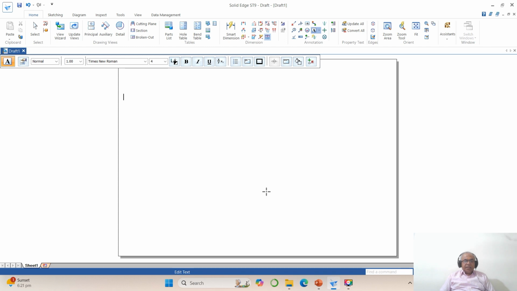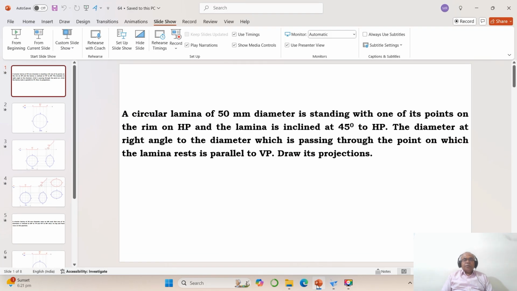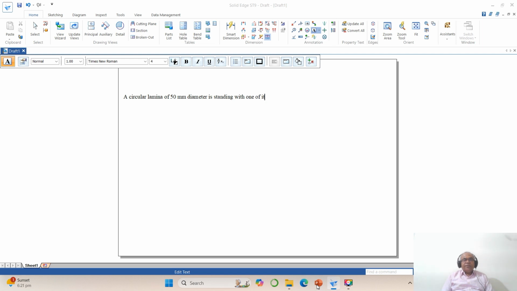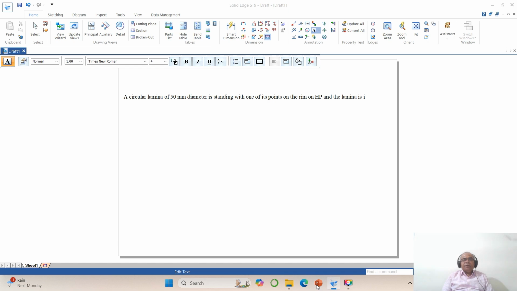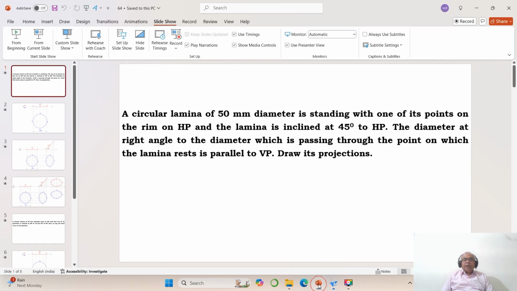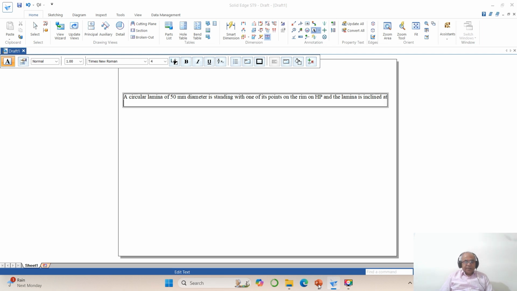Then here you type: a circular lamina of 50 diameter is standing with one of its points on the rim on HP, and the lamina is inclined at 45 degrees to HP,